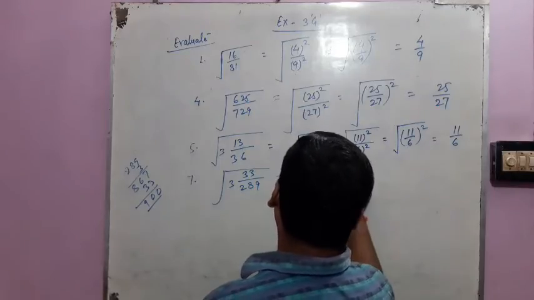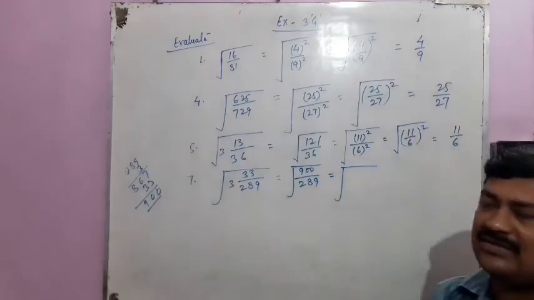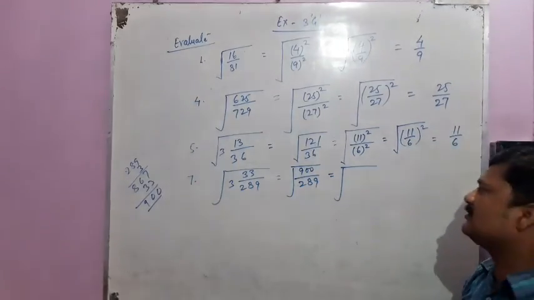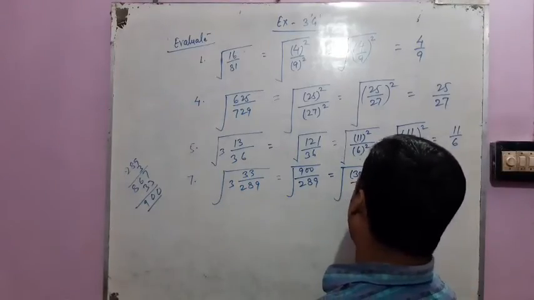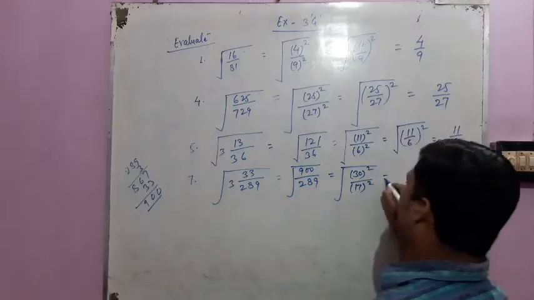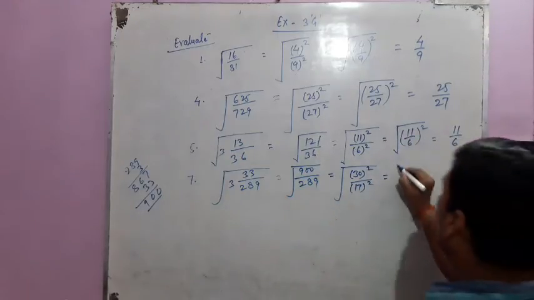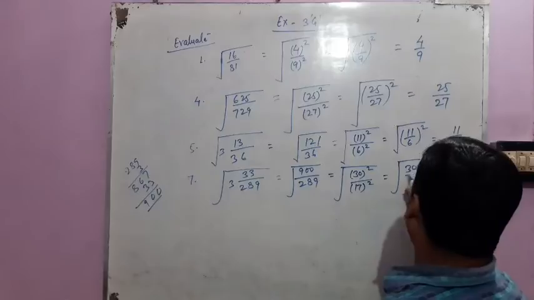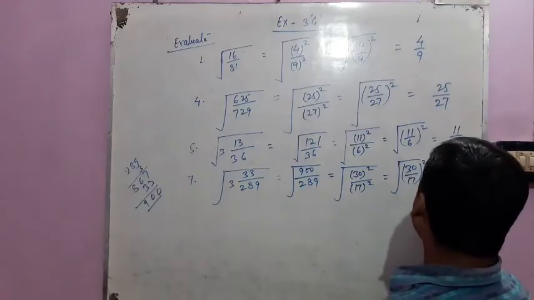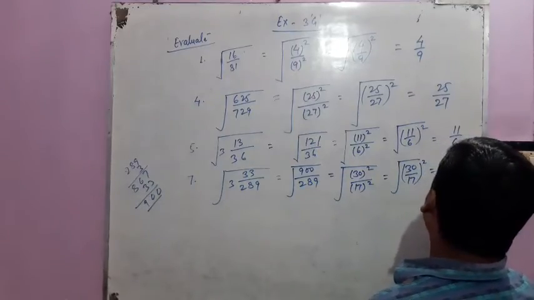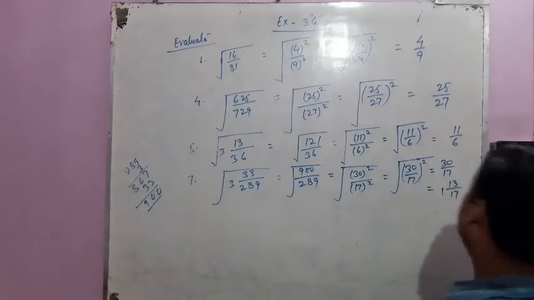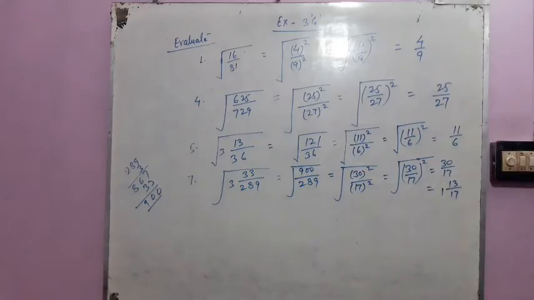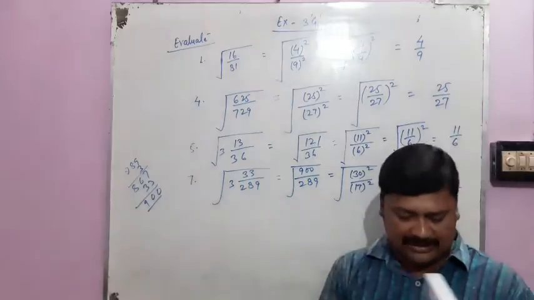Now you have to express the 900 in the form of a square. So you can write here the square of 30, and 289 you can represent in the form of square of 17. Okay students? You can also write here it is the whole square of 30 by 17, that is 30 by 17. So you can also write it 17 1 is 17, 1 whole 13 by 17. Any confusion students? Now moving on to the next question, question number 8 here.